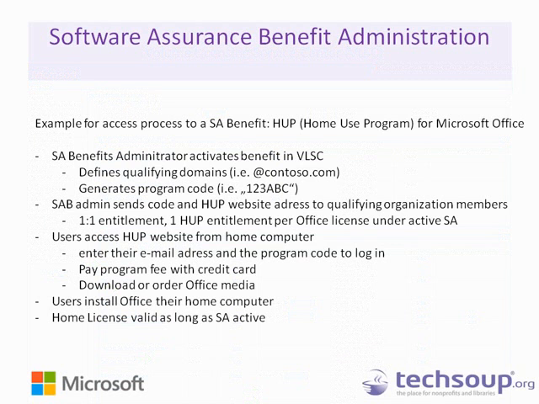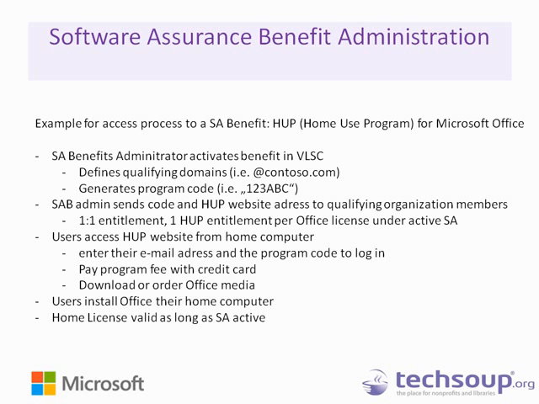It starts with the software assurance benefits administrator. That is a person you determine at the initial sign-up at the VLSC. It's the person who has the rights to basically distribute those benefits in the organization. They go in and they have to activate the benefit. Activation comes with different information given depending on the different benefits, so in terms of the home use program. And if you don't know what the home use program is, we're going to talk a little bit later about what home use program actually does. So here's just a walkthrough as an example how to activate it, but we're going to get to the nature of home use program in a little bit.